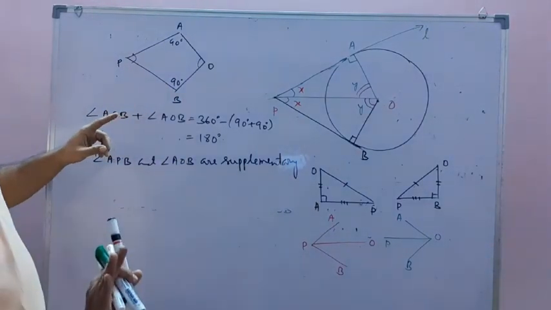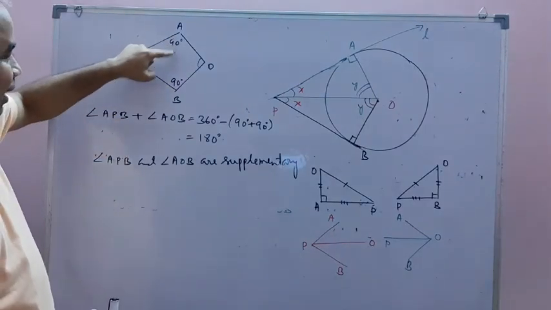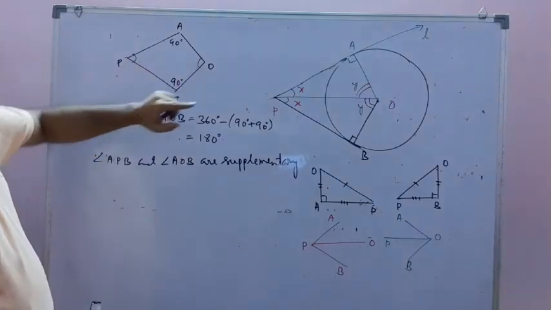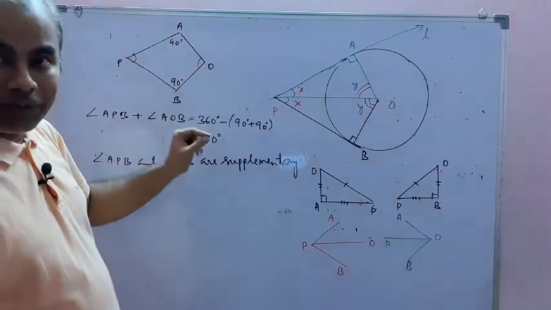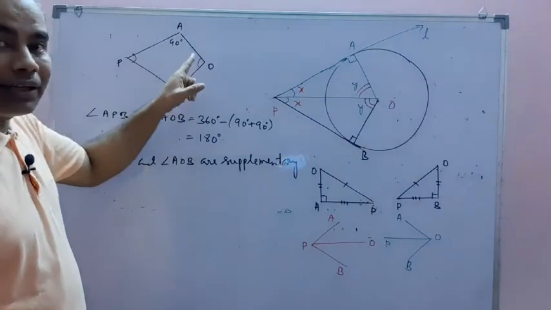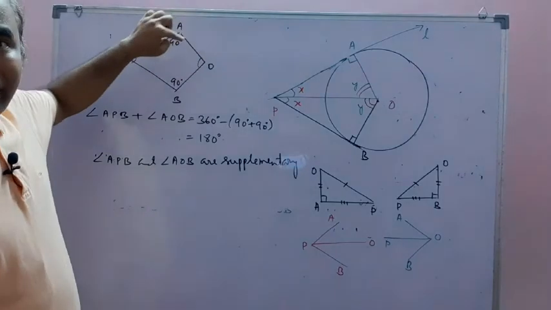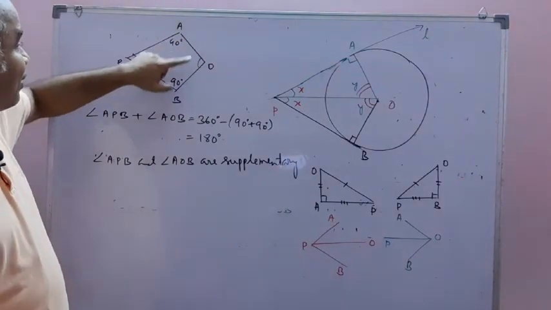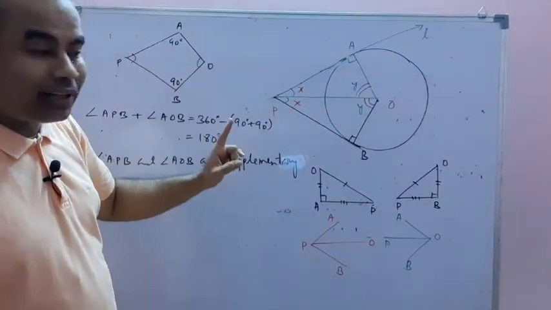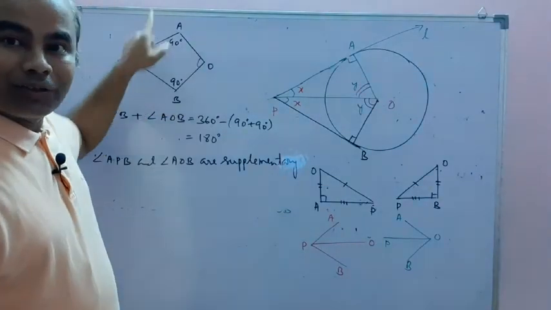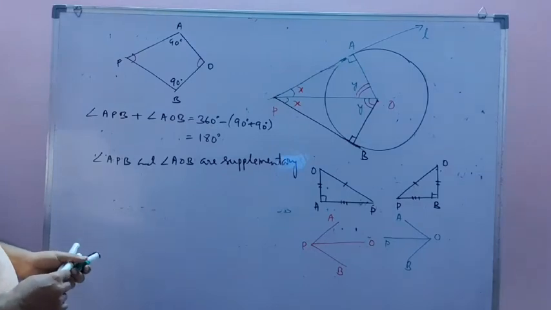Secondly, one more thing you have got: it is a quadrilateral where the sum of opposite angles is 180, 90 plus 90 is 180, and this is also 180. If the sum of opposite angles of a quadrilateral is 180, meaning the opposite angles are supplementary, then that quadrilateral is called a cyclic quadrilateral, and the vertices are called cyclic points or concyclic points. So this quadrilateral, formed by the two tangents and the two radii, is a cyclic quadrilateral and the vertices are concyclic.